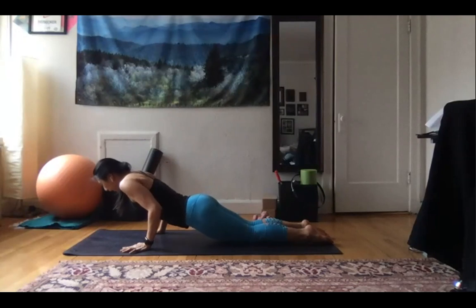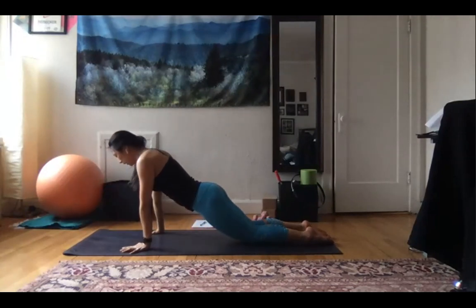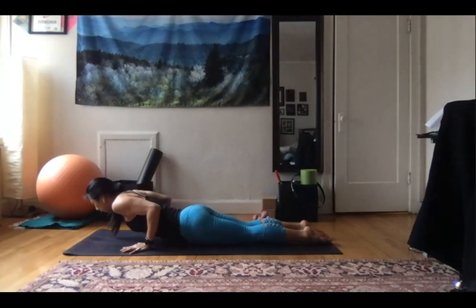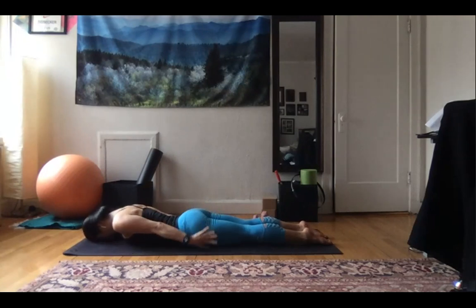Lower down for 3, 2, 1. Lift it up. Hug those elbows into your body as you lower down for 3, 2, 1, and lower. Good. Breathing here. Now, if you can, hands by your lower body, palms facing towards each other, shoulders reach back,